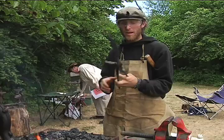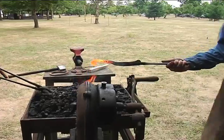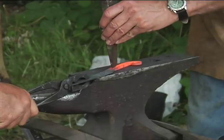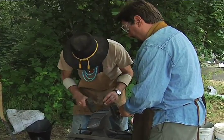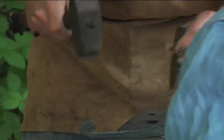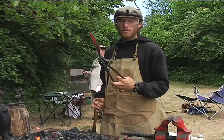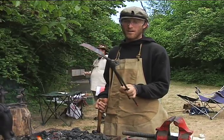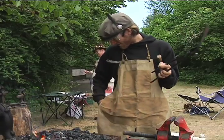I've always wanted to learn how to blacksmith, but I had no idea how cool it really was. Definitely found a new activity. It's addicting. Clearly it's so useful. This was yesterday just a rod from an old piece of farm equipment, and now it's a knife which I'll file down and be as good as a